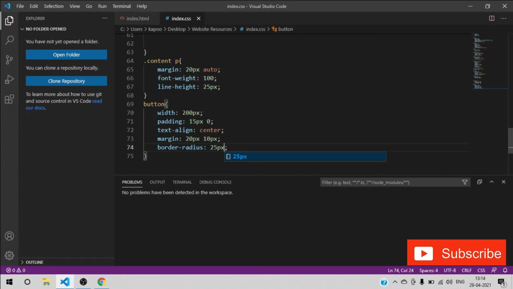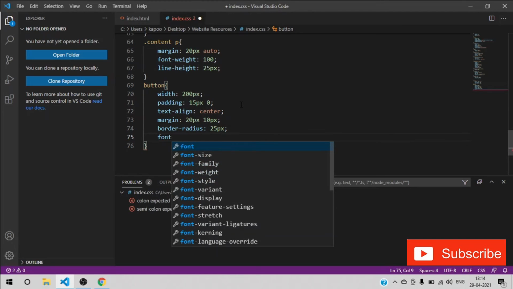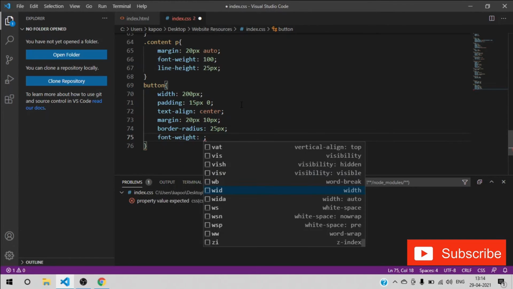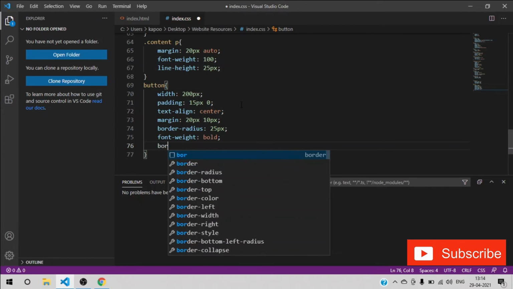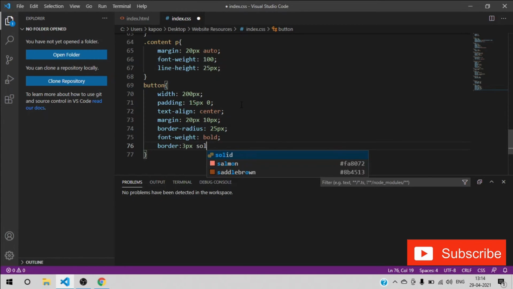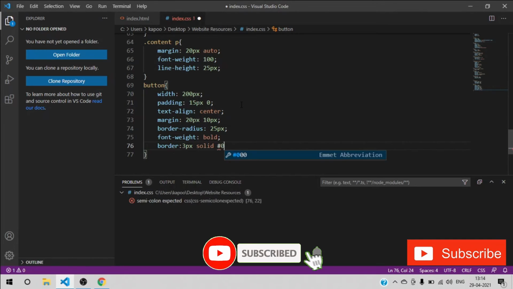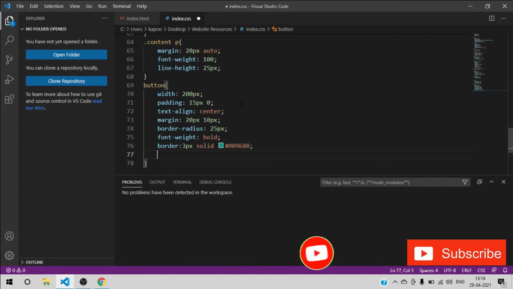Okay, so next what we can have is border radius of 25px. Okay, so what next we can have is font weight, which we can give is bold. Then we can have is border of 3px, solid, and just give the color as 009688.